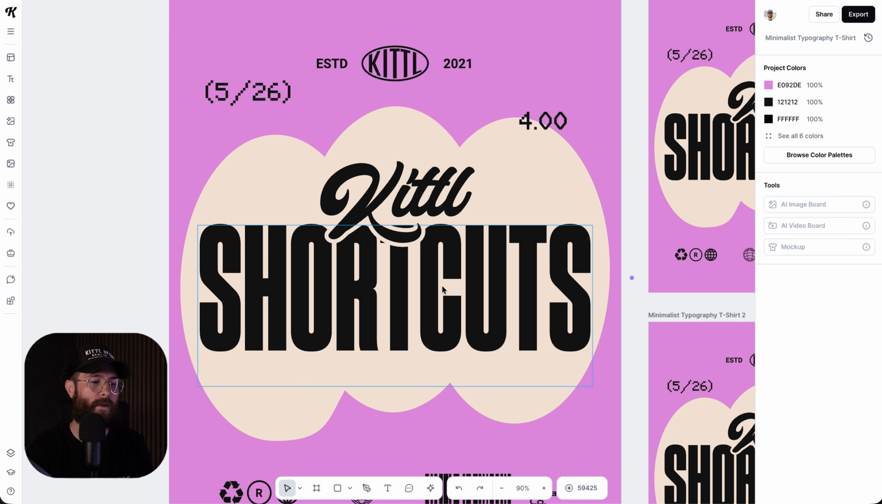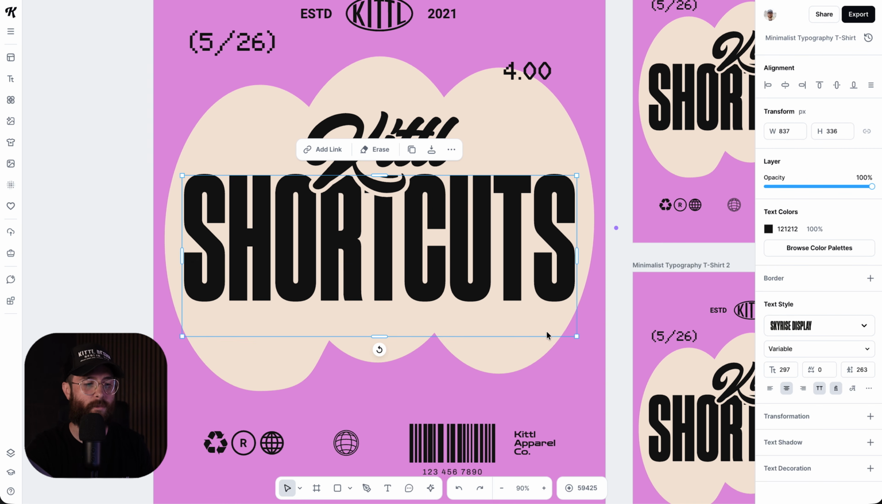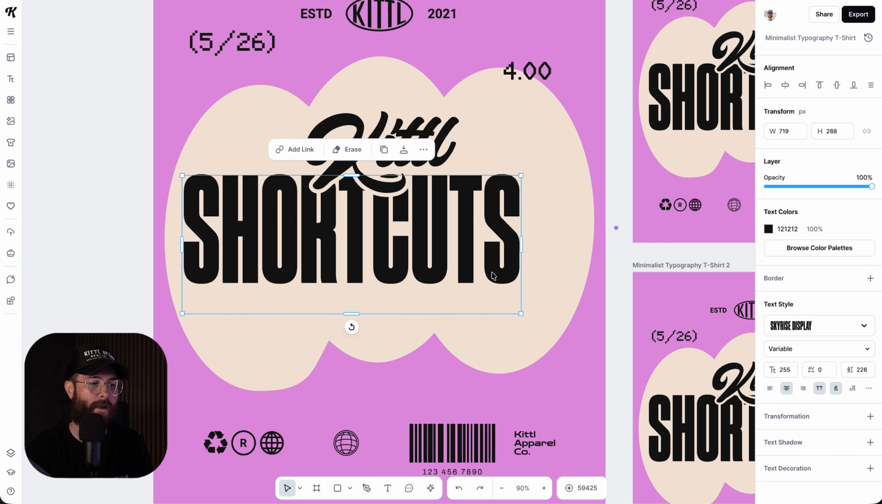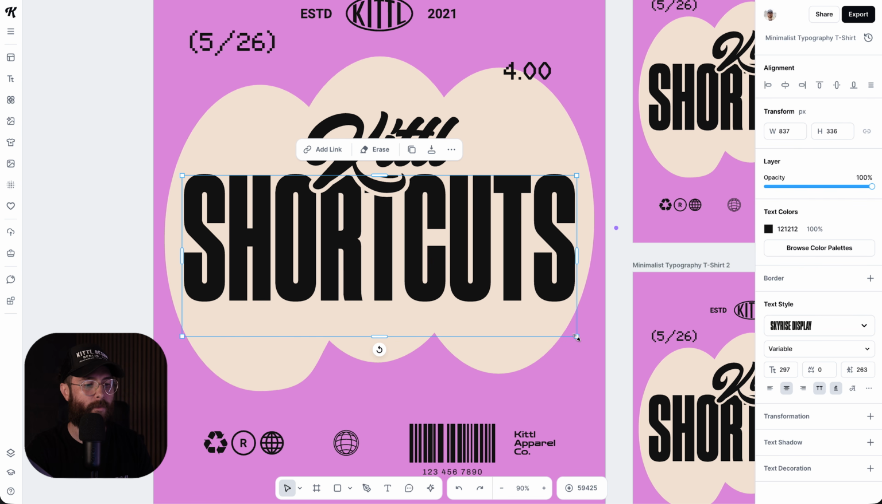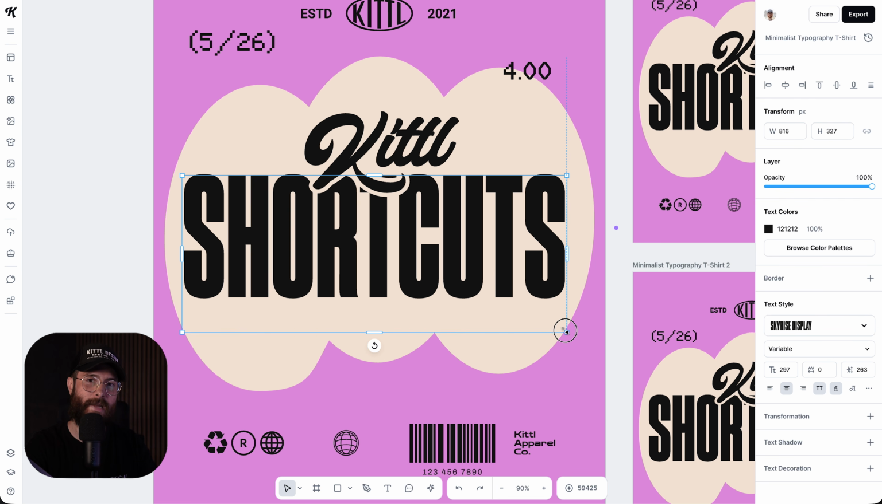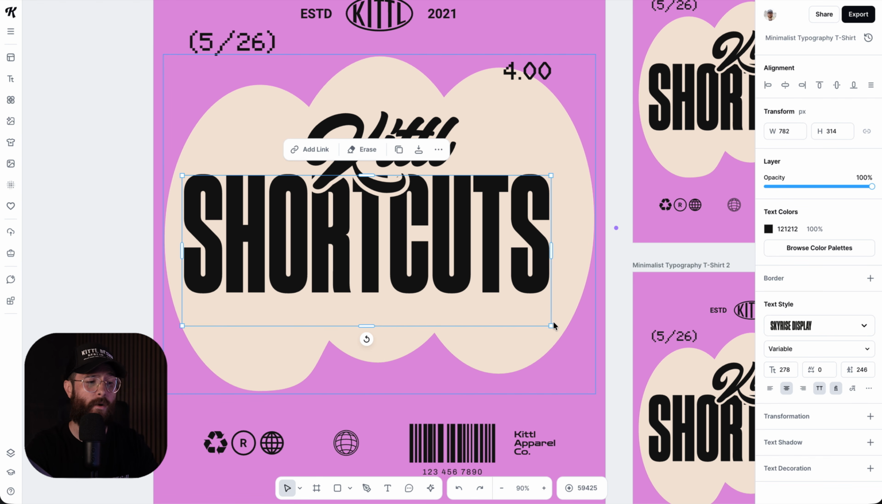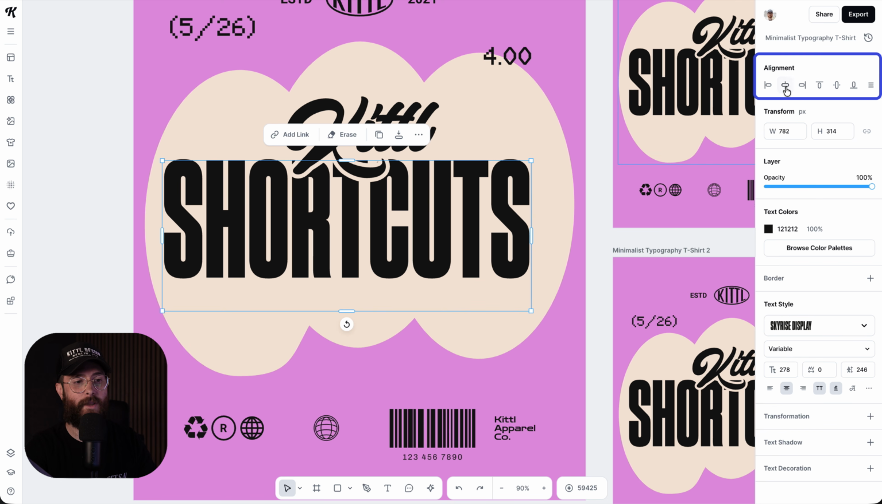What I mean by that is, let's say I wanted this shortcuts text to be smaller. I see many of you taking a corner and scaling it down and then moving it around to be centered. You see how if I scale it from the bottom right, it's going to scale down to the left. Now, you could do this and then use the alignment tools over here on the top right to center it